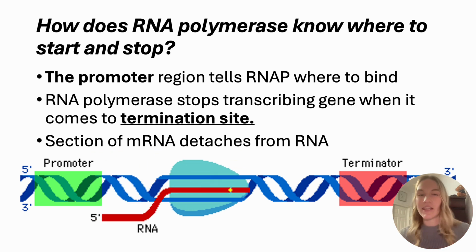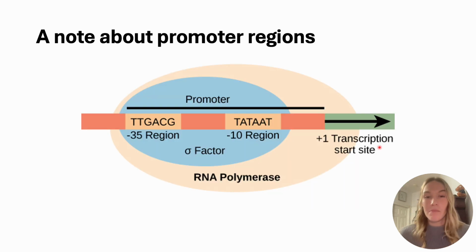So let's talk about the promoter a little bit more. So promoters are once again just a region of DNA that have specific sequences. Consensus sequences is what we call them. Consensus meaning that it is in consensus in a variety of organisms. And so, one of the consensus sequences found at the -35 region, more often called -35. So where does this come from? Well, it comes from saying, okay, the transcription start site is here, and 35 nucleotides back is this consensus sequence.